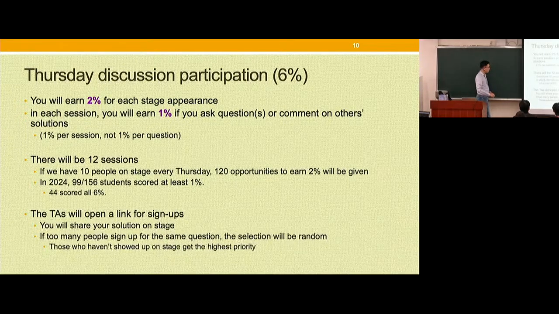Okay, yeah. So that's a bit from last year, and that's my plan. And to enable discussion, the TAs will open the link for sign-ups every week. Okay, please do that. Open the link, and then if multiple people, you will share your solution on stage. But if too many people sign up for the same question, that happens a lot sometimes, then we have to make a random selection. So inevitably, we will have to make random selection,